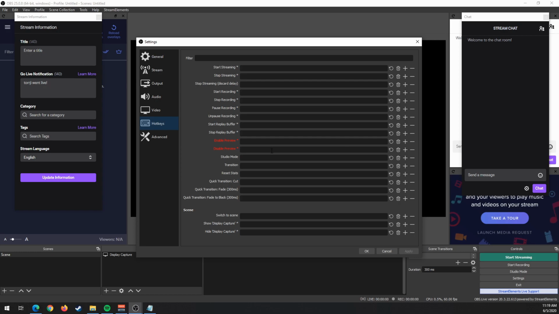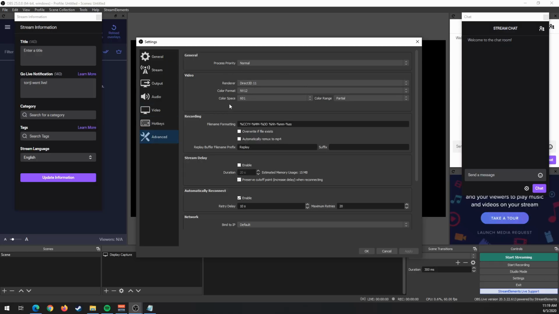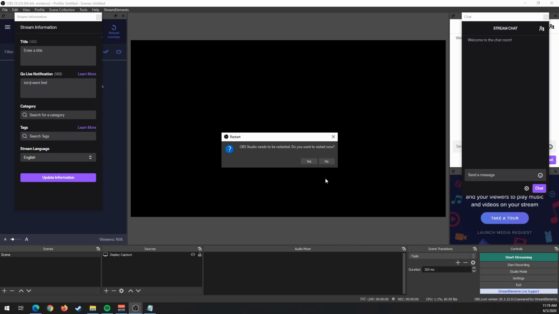Over here, you can set up your hotkeys for your OBS. I don't really use that much hotkey, so I won't set it up right now. I'll let you know if I set up anything in the future. On advanced, I don't really change any of these settings. Let's keep it on default for now and just click OK. So now our stream settings should be saved. It requires a reboot, so we'll restart OBS right now.